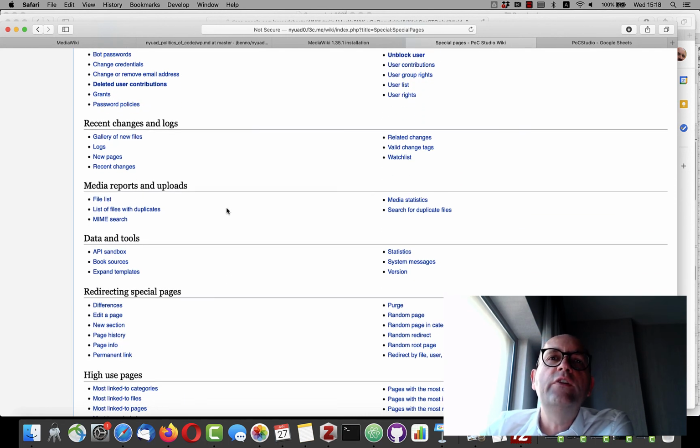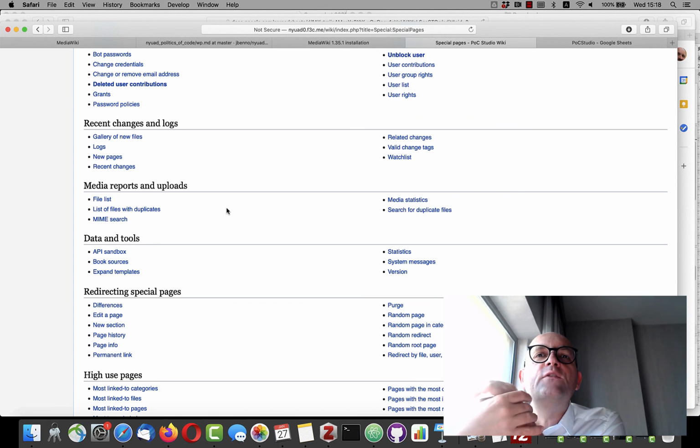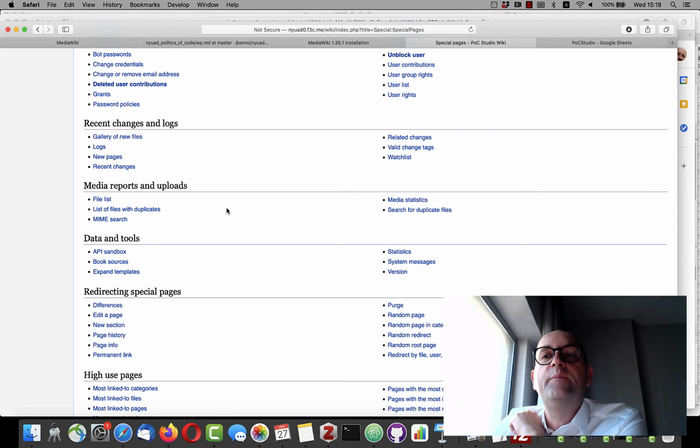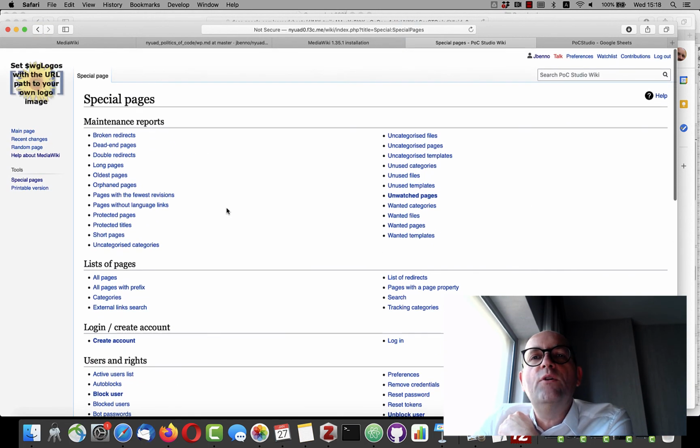And in particular, if many users are on a wiki, this is where you maintain the health of the wiki by, for example, removing spam or removing orphaned pages. An orphaned page is a page that nothing links to, and it is kind of on its own and forgotten. I mean, we talked about the language. I think this is one of the rather ugly words to use. And that's it. So what we've done is we've downloaded and installed a wiki on our own space. We can now populate it and use it for whatever we want.